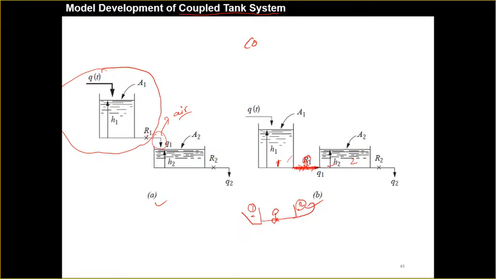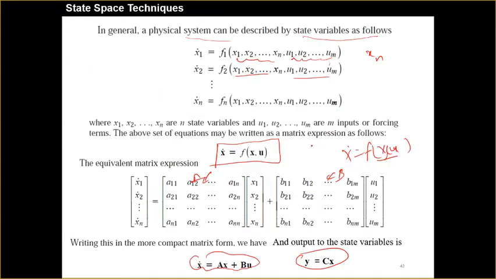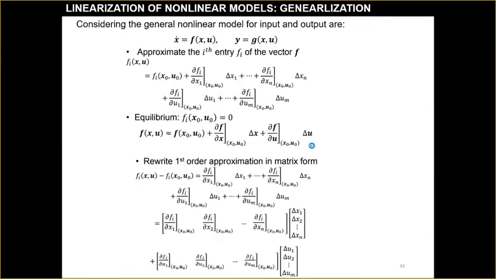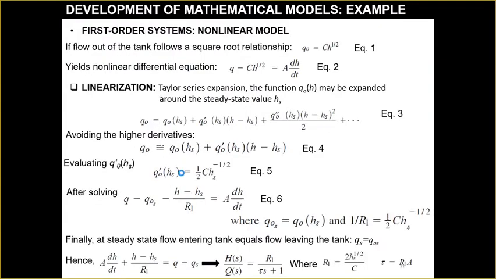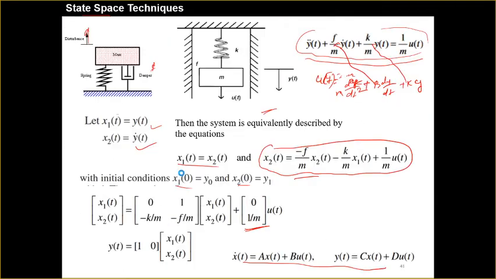This R1 is only dependent on this tank. However, in this scenario, the R1 is dependent on both the tanks. You have already seen the formula for the relation: Q naught is equal to H by R. So from this, you can say here,